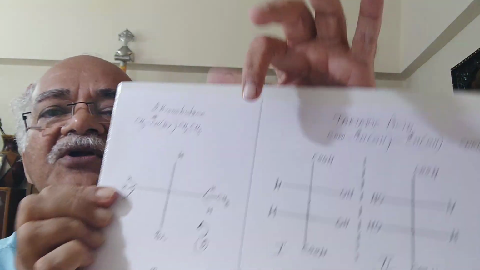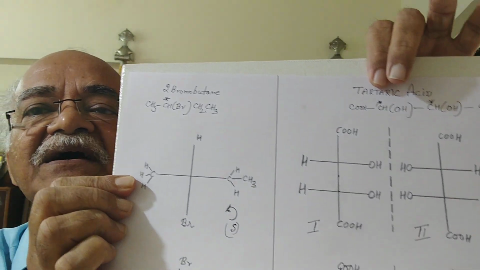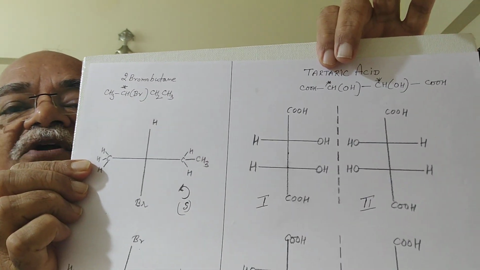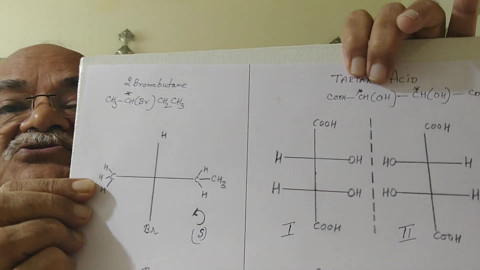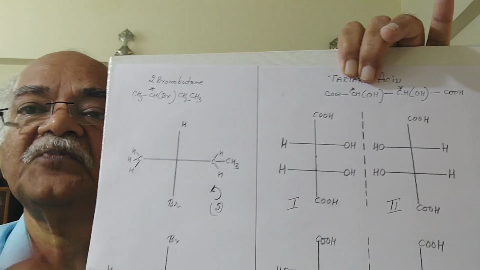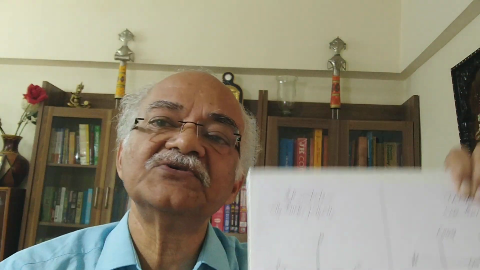I am showing the chart again. This is the molecule I am referring to, first and second. Are the hydrogens on the same side? They carry white color. OH is what? Yellow. COH is red. And if you remember, the Fischer projection is what? The first and the last group are away from the viewer, and H and OH are projecting towards the viewer.